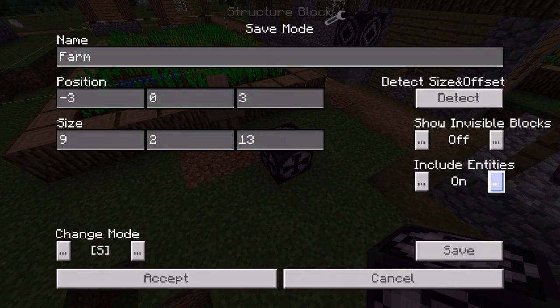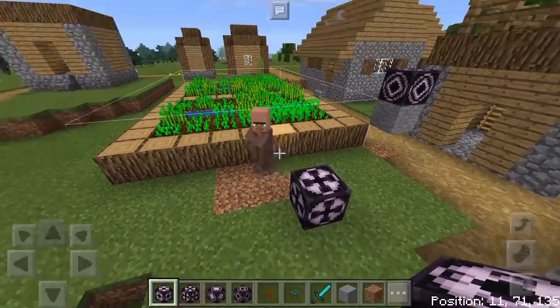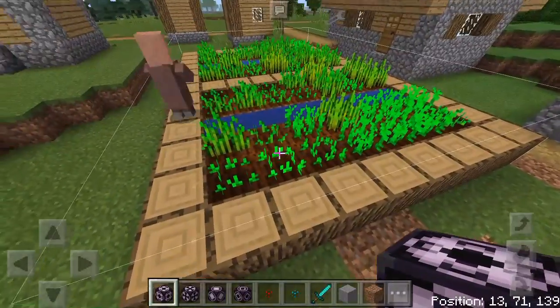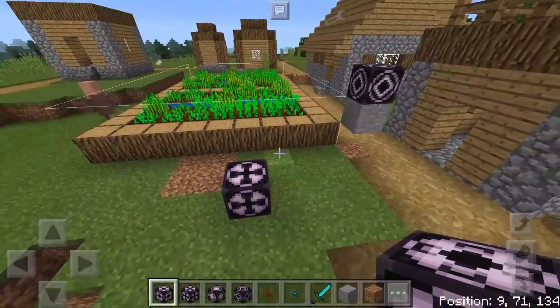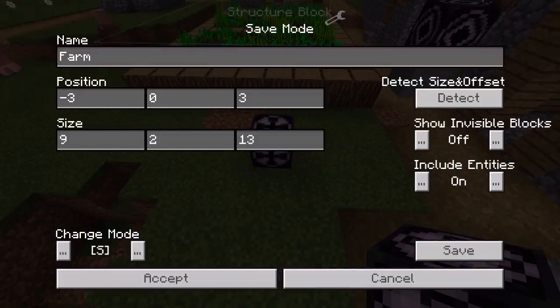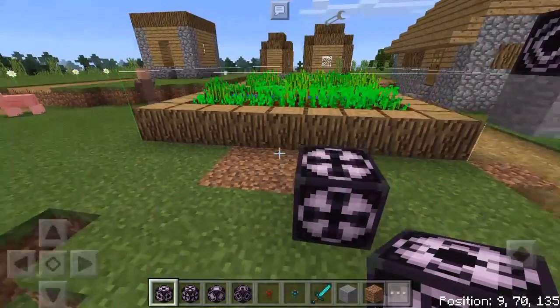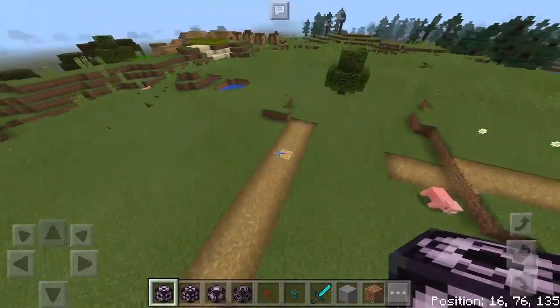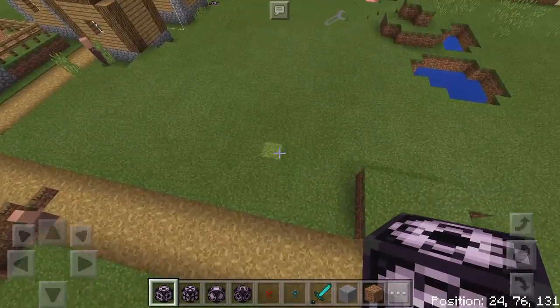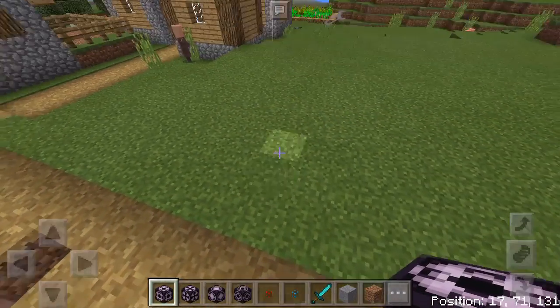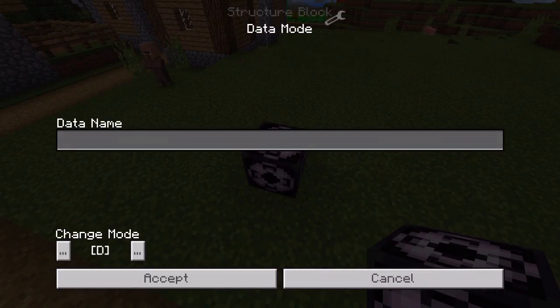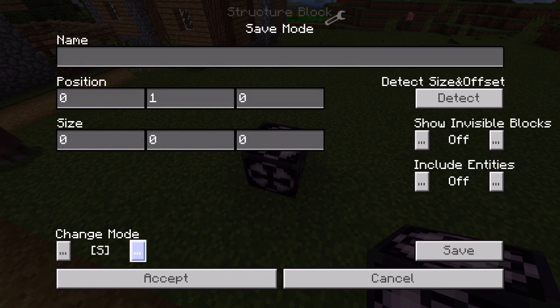I'm gonna put include entities, because I'm not sure if the farms include as like entities or whatever. So whatever entities are in it, it will save. So then go into the save block and tap save, and then it will save it, and then you can move it over here somewhere. So I'm going to place it over here. So I'm gonna place a block right there, and you can